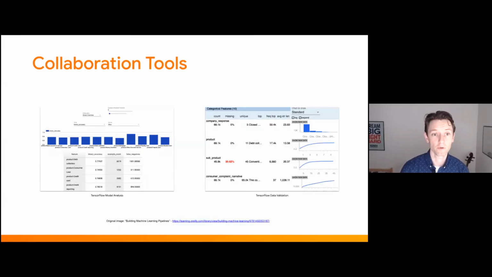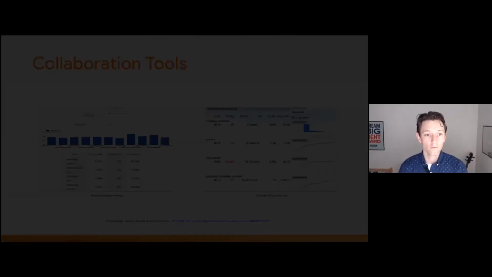So for example, we can build collaboration tools, or we can use collaboration tools. In this case, it's TensorFlow Model Analysis and Data Validation. So we can generate those statistics and those overviews about the results of a particular model run, and then store them away and archive them. And if there are questions, we can come back and reopen them and discuss them as a team through a website or a platform.